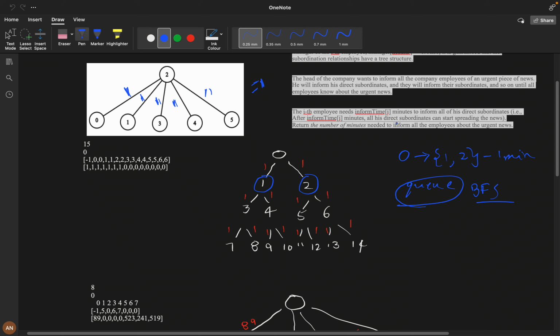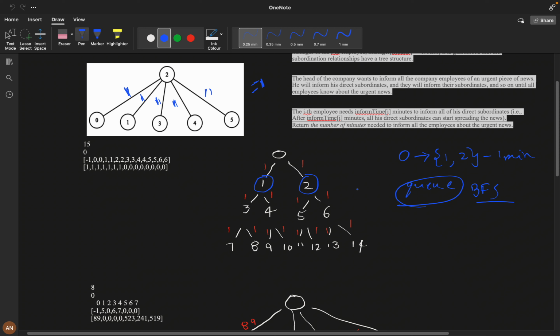And it states that all his direct subordinates can start spreading the news. If 0 told 1 and 0 told 2, then 1 needs to tell 3 and 4. 2 should not stop, right? 2 can also tell its own subordinates, so it doesn't wait.